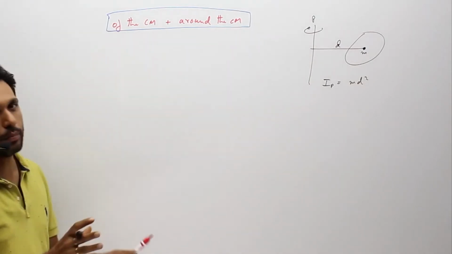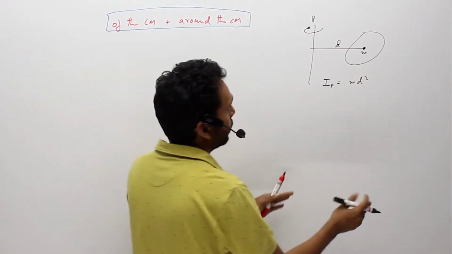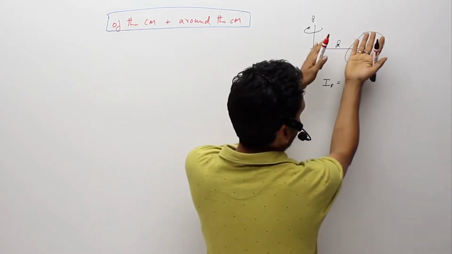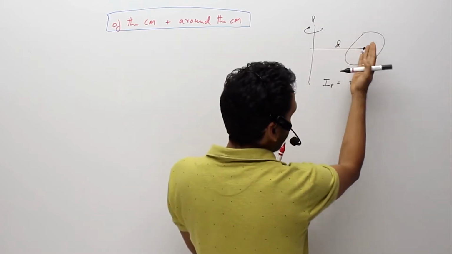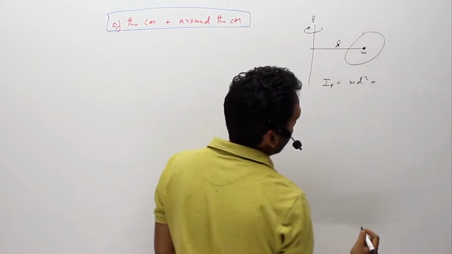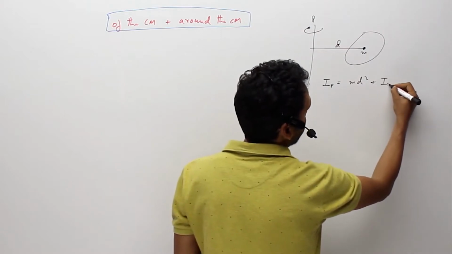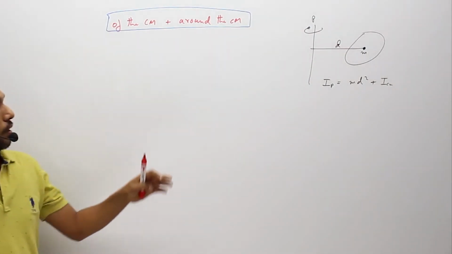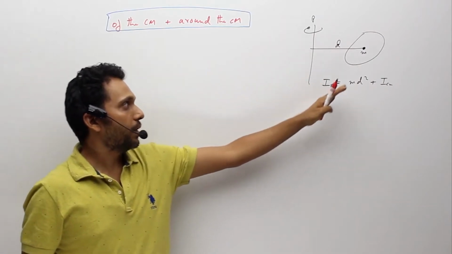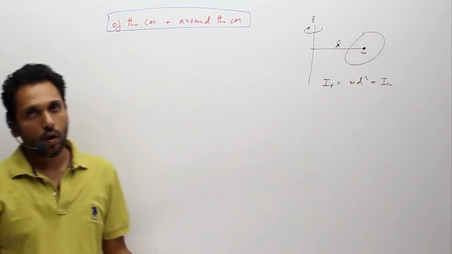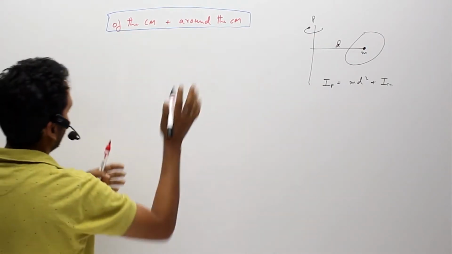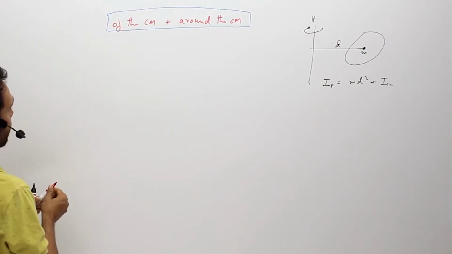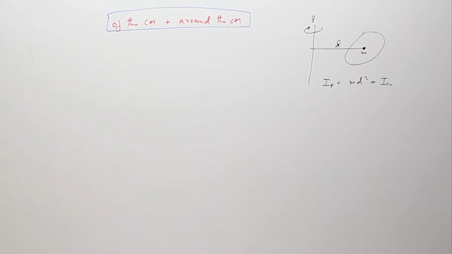That's the moment of inertia had it been a point body, but it's not a point body. So with respect to the center of mass, the body itself is rotating about the center of mass with a moment of inertia of ICM. So your moment of inertia about the axis would be ICM plus md square, about the CM plus of the CM. So that kind of formula persists with all the other formulae in this chapter, like kinetic energy and angular momentum. So kinetic energy of any body can be given by,